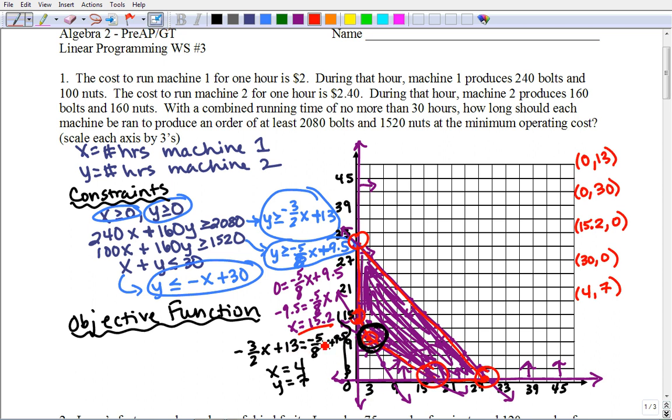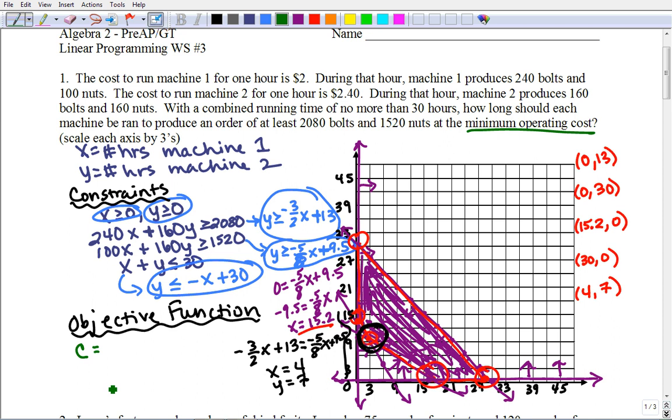So you can set those equations equal to each other and solve for that point. Okay, we do need to mention the objective function here before we do anything else. So our objective function, we're looking for the minimum operating cost. So say we chose C this time. C equals,